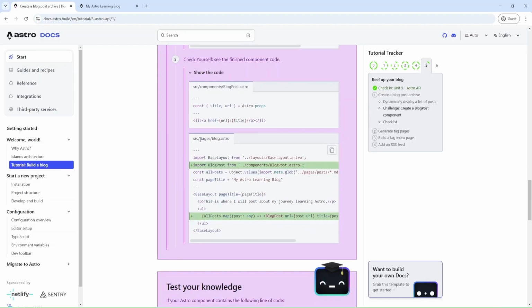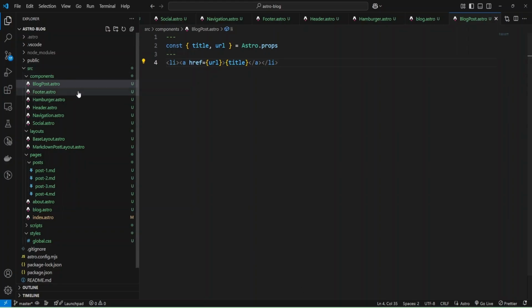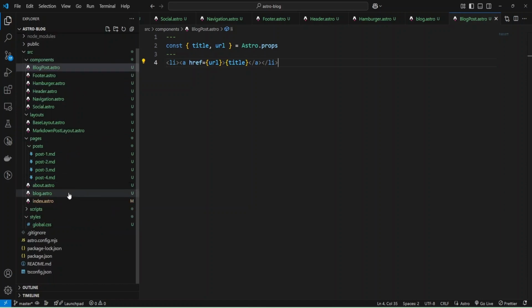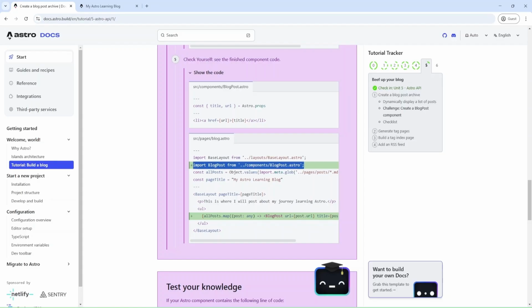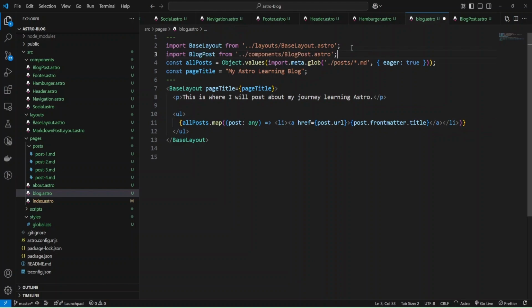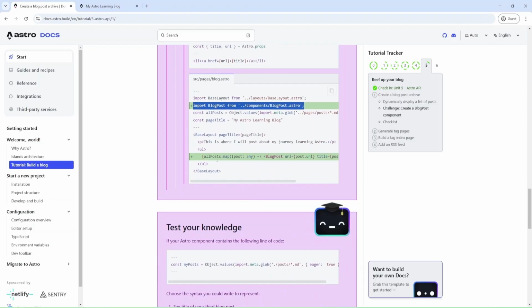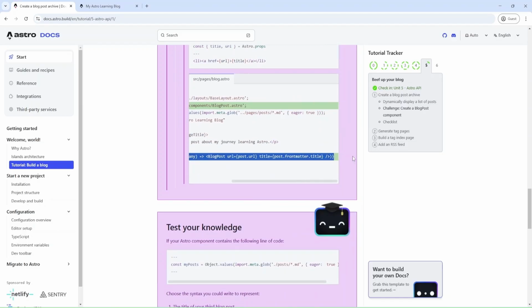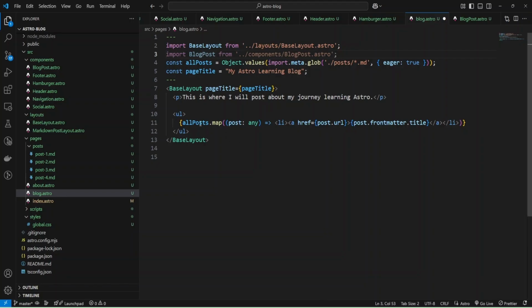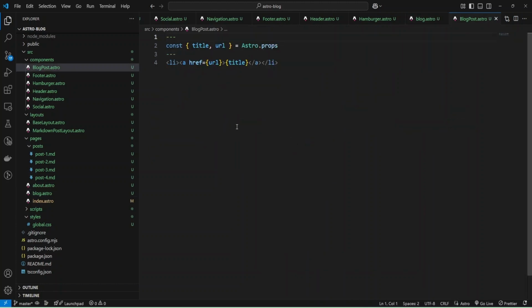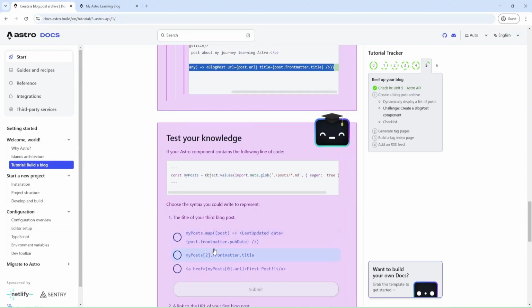And then I need to modify the blog file. Okay, I'll import this component inside my blog below the base layout, and I will change all posts. And our code now contains this blog post component that we added.